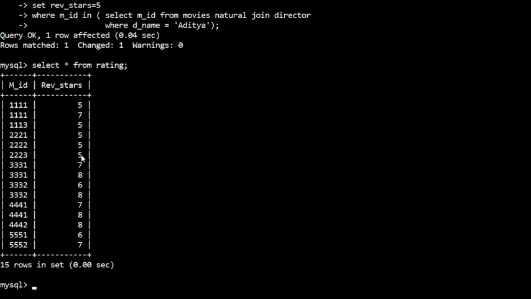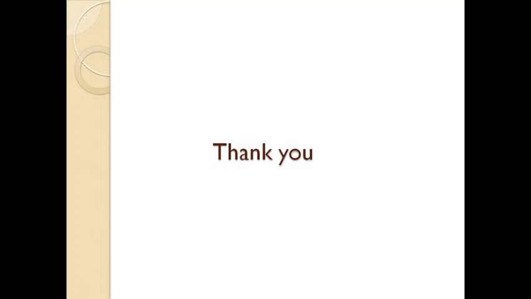So like this you can change the rating of a movie directed by a particular director. You have to use the nested query here. So this is the last one. Try to execute all the queries. Thank you.